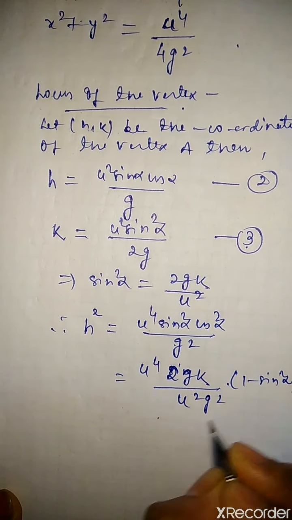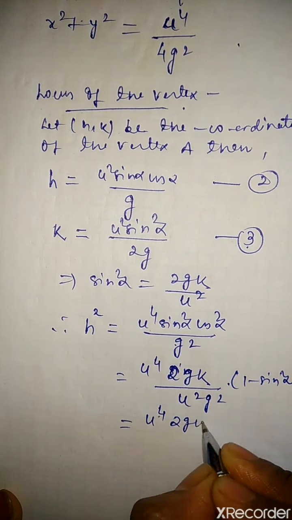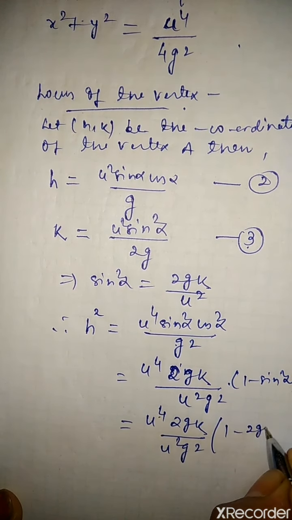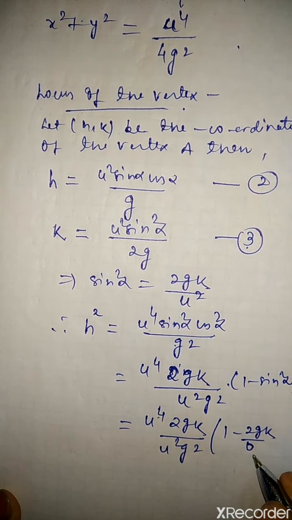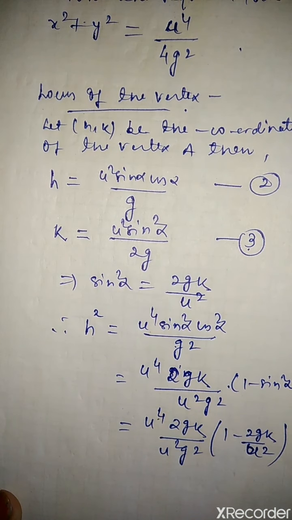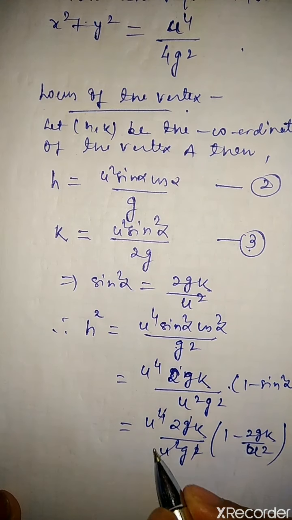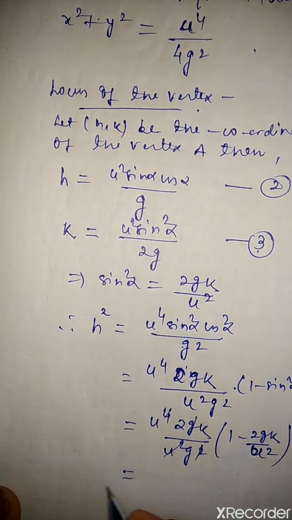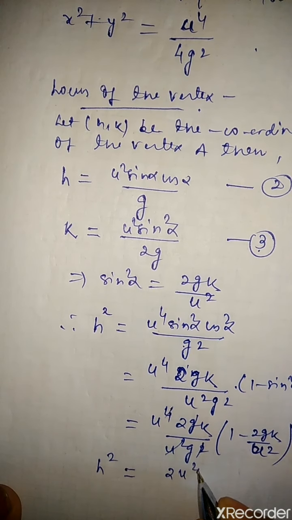Here g and g are cancelled, and u square and u square are cancelled. By solving this we are left with h square equals 2u square k divided by g,